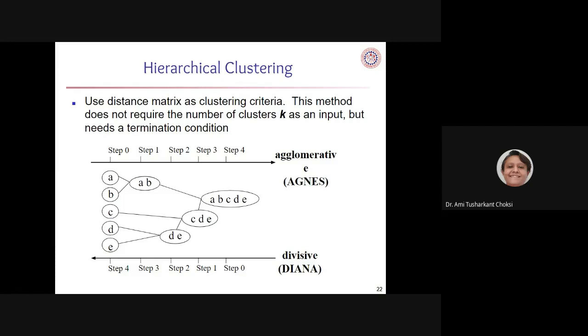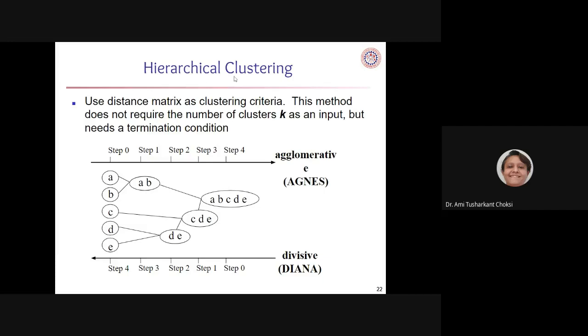Okay. So what do we do for agglomerative clustering? We consider say A and B. So that way we'll be able to make AB. Then after we'll consider C. Not only C, we'll consider say D and E, right? That will make us DE. Combining C and this DE will make CDE. And then after we'll combine AB and CDE. That will make ABCDE, right? So that is there in agglomerative